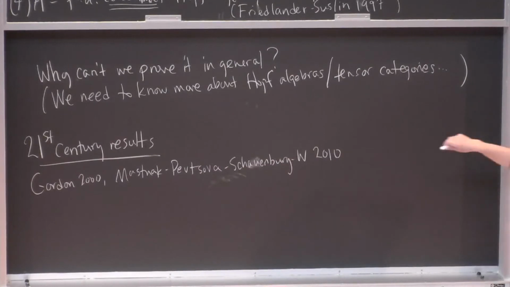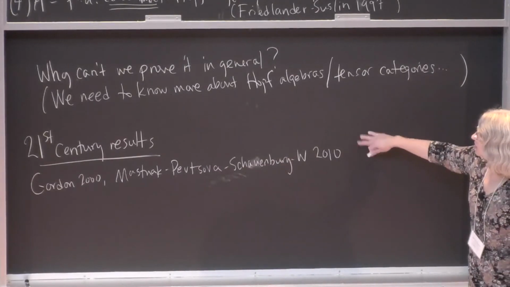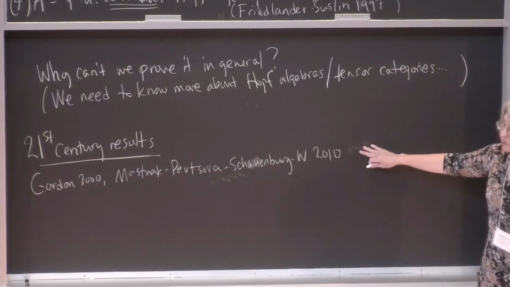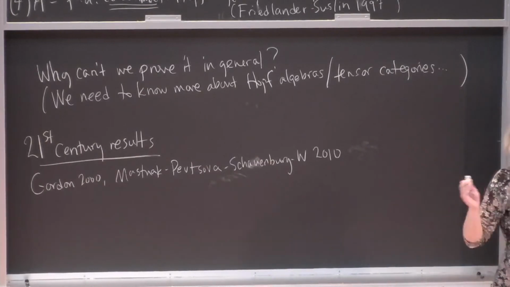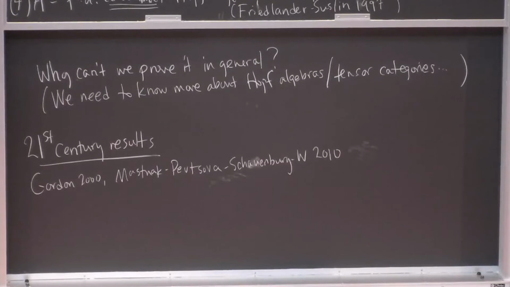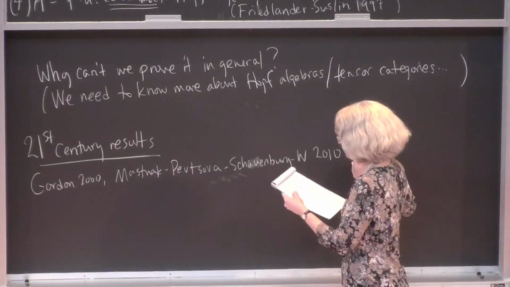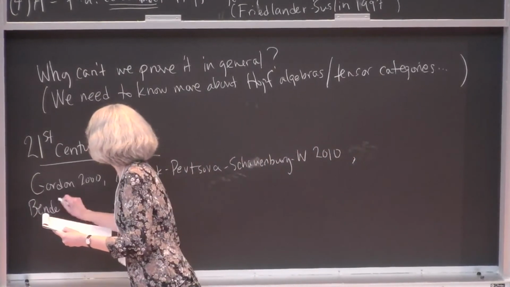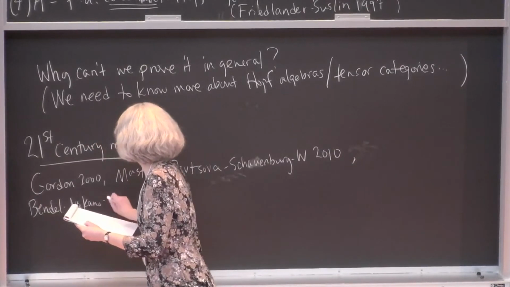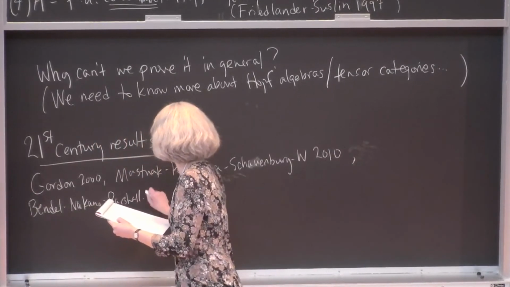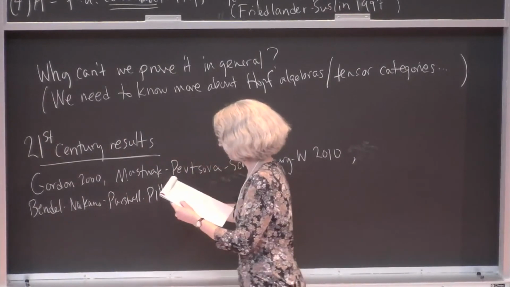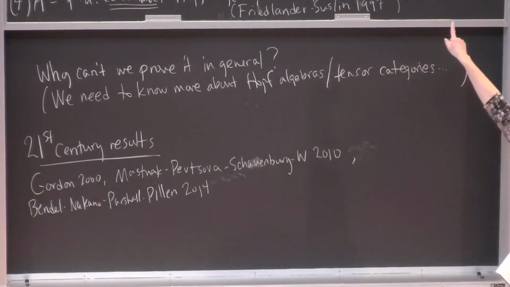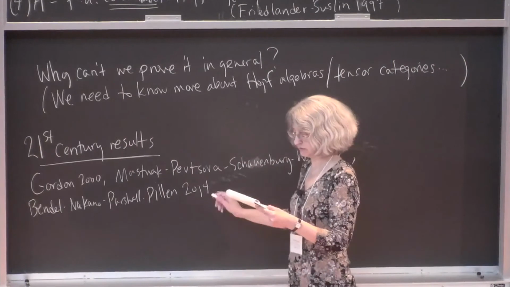We looked at pointed Hopf algebras with abelian group-like elements, generalizing Ginsburg and Kumar's result. We had a lot of restrictions on the parameters. The primes dividing the order of the group involved couldn't be too small. Then there was work of Bendel, Nakano, Pevtsova, and Parshall in 2014, where they removed some of the restrictions on parameters that Ginsburg and Kumar had. So they improved on that result by quite a lot.